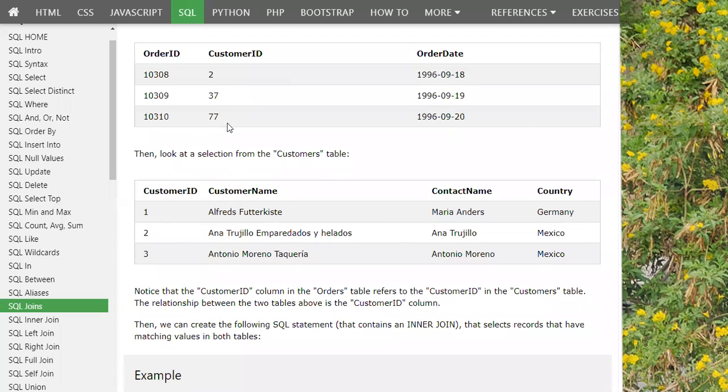But if you want the name of the customer too, then probably you will go to the customers table too, and then you will find the name of the customer. So here, since we had the common column, only then can we retrieve the order dates if we specify the customer name, or we can get the names if we specify the customer ID.